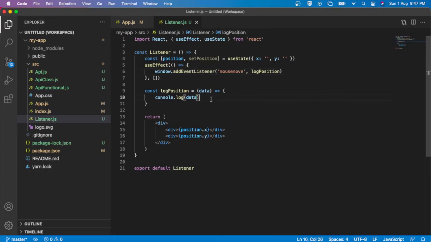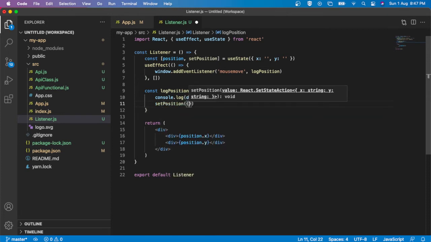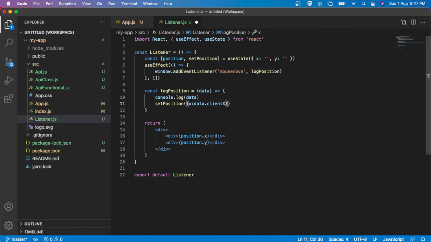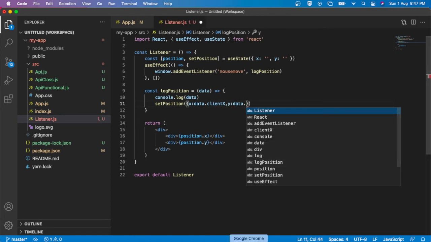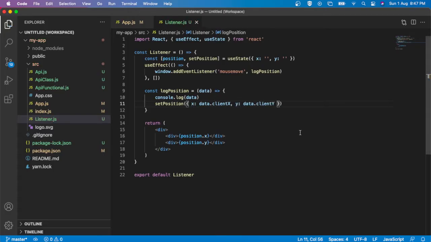For that, setPosition, x value is data.clientX, and y value becomes data.clientY.